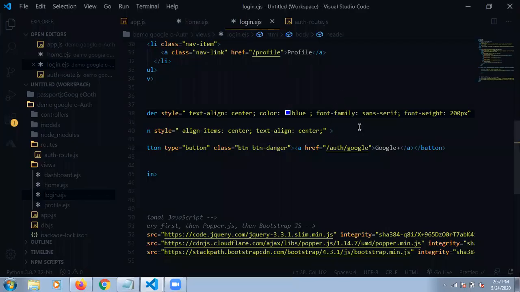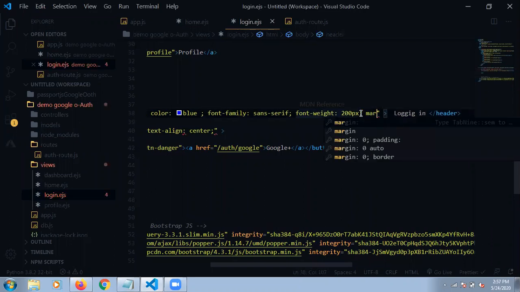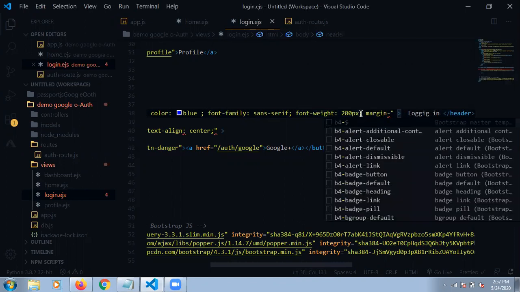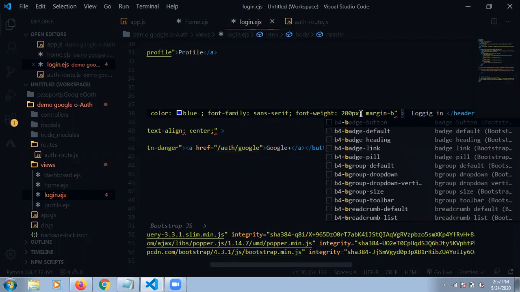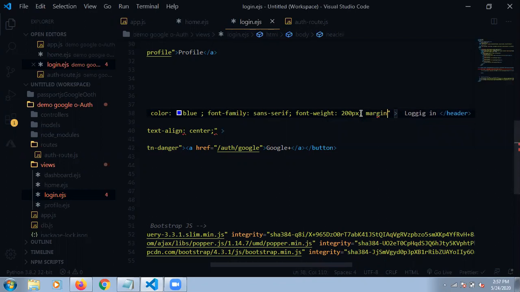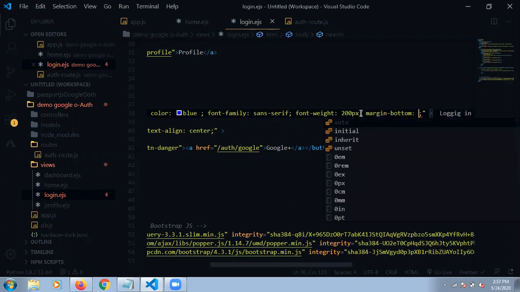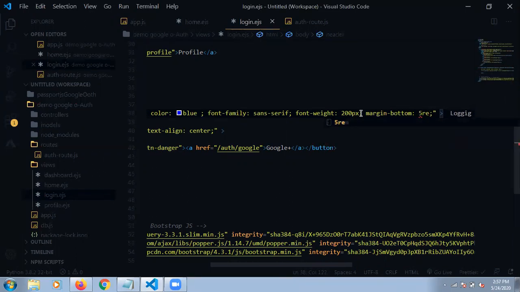And our bottom needs some padding and margin, so we are just giving a margin bottom of 5 rem.